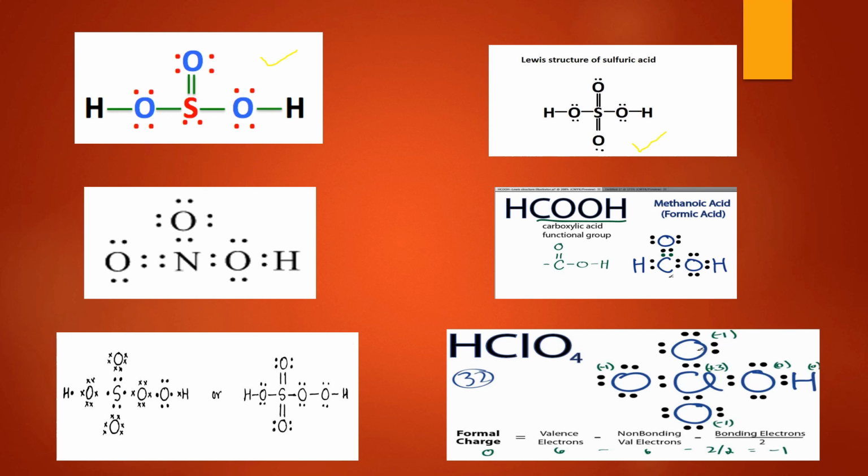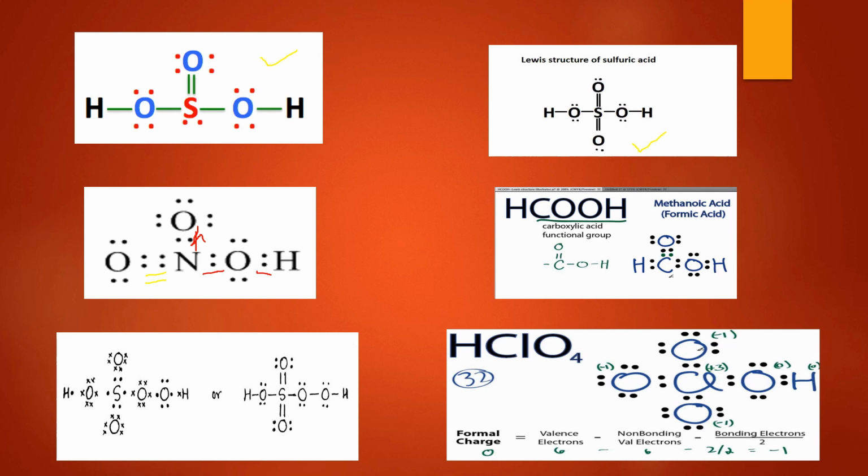Now the next is HNO3. In HNO3, nitrogen formed a double bond with this oxygen, then a single bond with this oxygen. This is actually the coordinate bond. Nitrogen donates these 2 electrons towards itself. So it is a covalent bond, but it is the coordinate type covalent bond. Now again here, this is the 1 electron pair sharing, and this is again 1 electron pair sharing, right? So in nitrogen, no electron is left as unpaired electron.